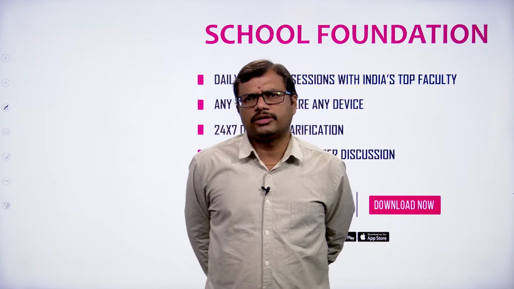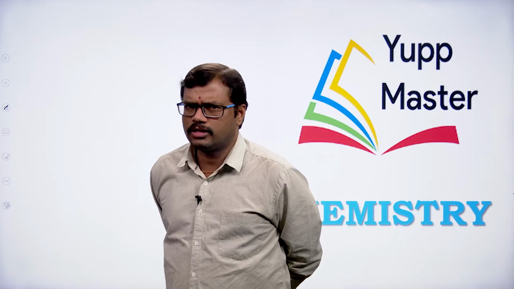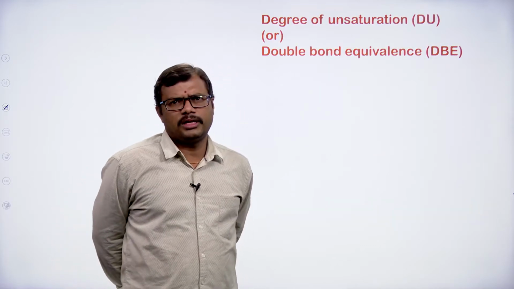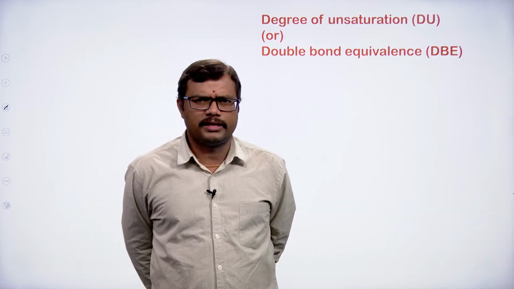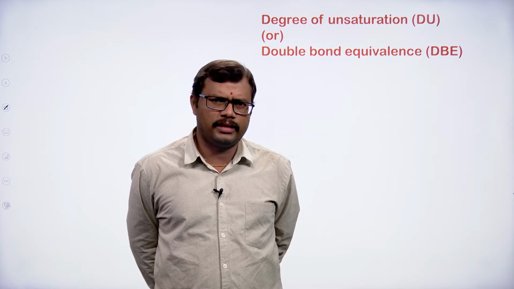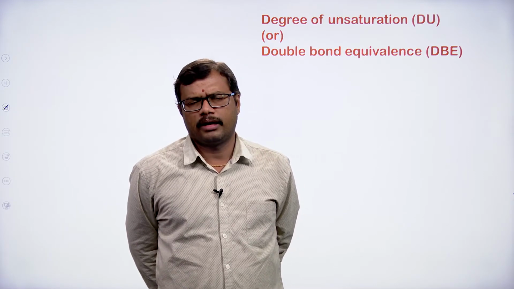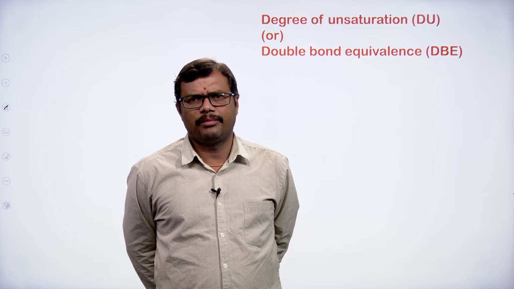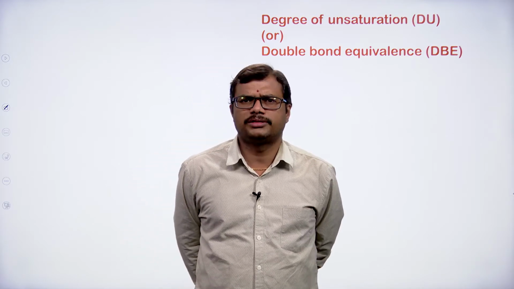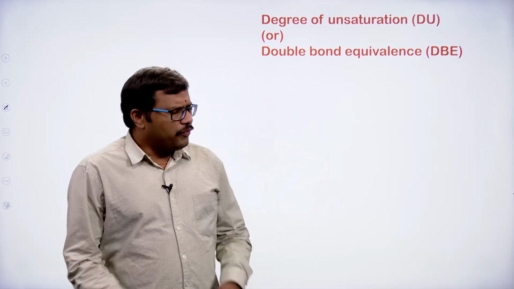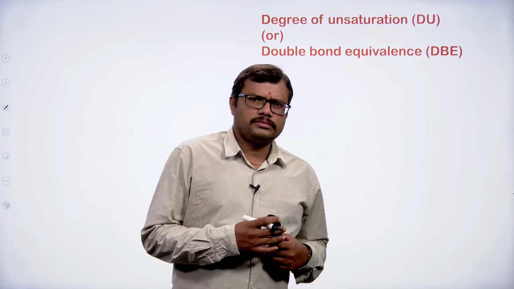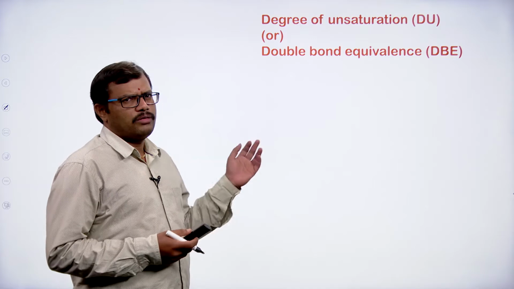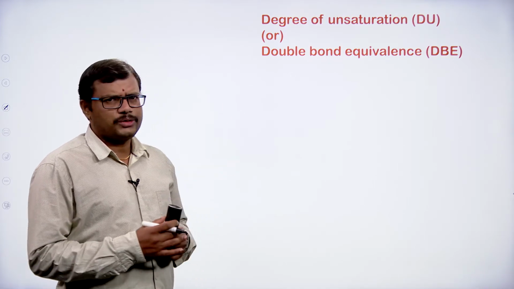So, further moving into this topic, the alkenes chapter, let us focus on the methods of preparation of alkenes, how the alkenes are going to be prepared in the laboratory conditions by using different starting materials. Before we proceed into the methods of preparation of alkenes, there is a small topic we have to cover, that is the degree of unsaturation.